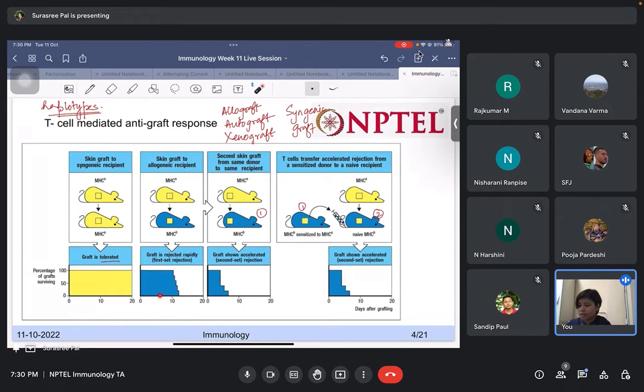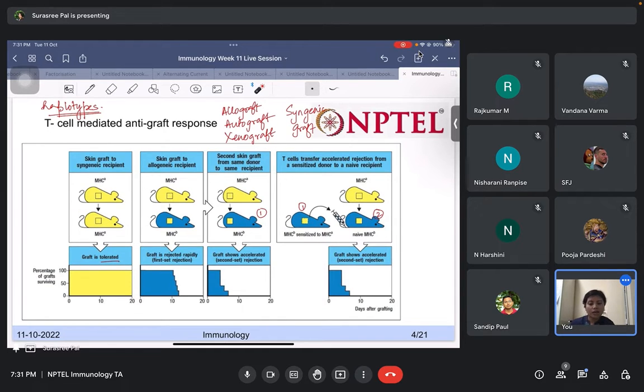So this is the first time when you transplant. Ma'am, T cells are transferred from the sensitized mice to the naive mice. Exactly, T cells are transferred. Sorry, I accidentally mentioned MHC, not that. T cells, when they are transferred from mouse 1 to mouse 2, then they show this accelerated rejection, which is much like the second set rejection, like when the same graft is again transferred from the first mouse, right? So this kind of response can be observed. This rapid course of second set rejection can also be observed